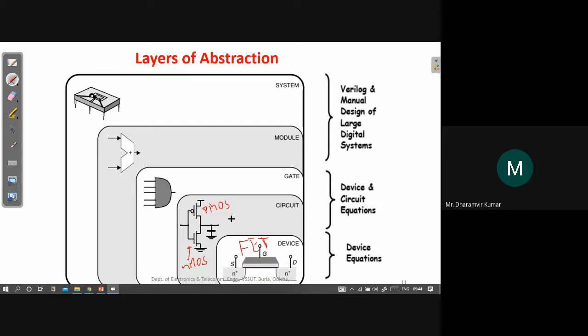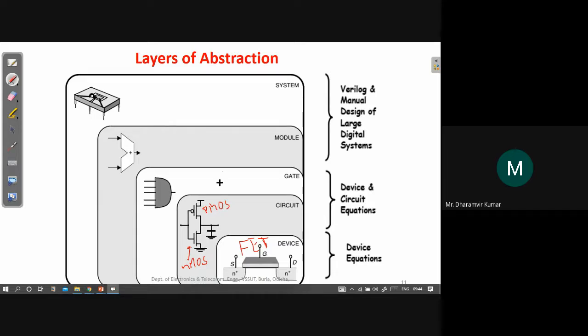A circuit can be formed by combining different devices, and a gate can be formed by combining different circuits. So a gate will become somewhat bigger in size as compared to a circuit, right?